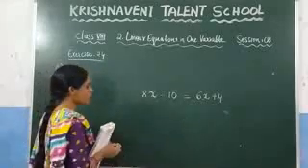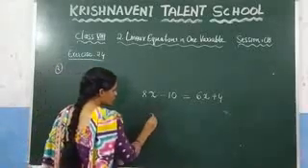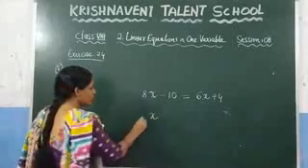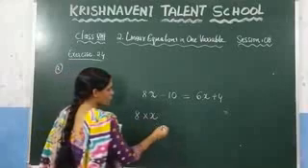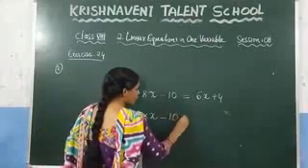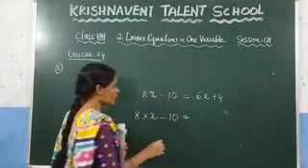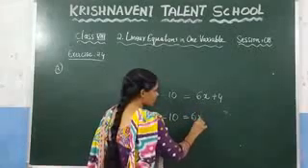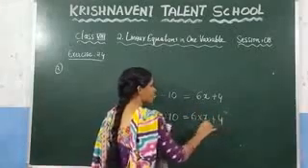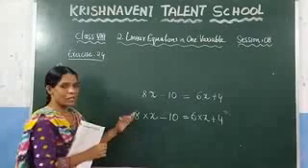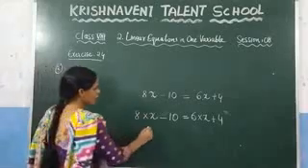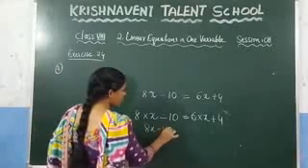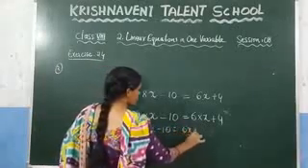Again, what they said here: 8 times the number. You know what the number is: x. 8 times of the number is nothing but 8 into x, reduced by 10. That means if you are reducing this value by 10, it is equal to 6 times the number, which is 6 into x plus 4. This is the condition they have given. Based on this condition, you need to find the value of x. Now, what you get here is 8x minus 10 is equal to 6x plus 4.